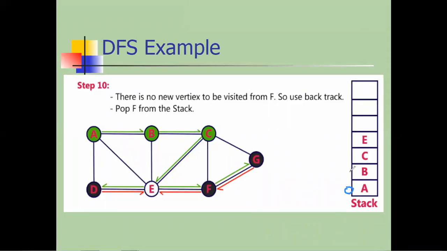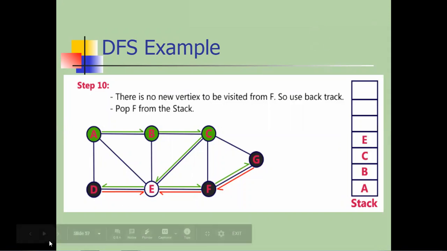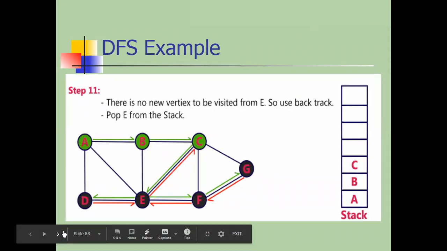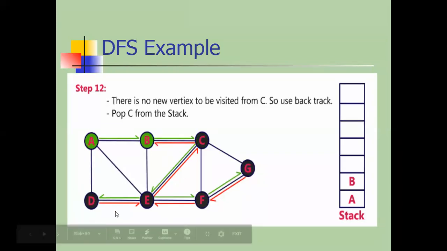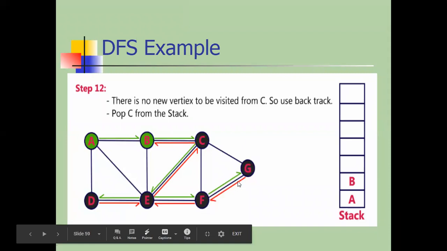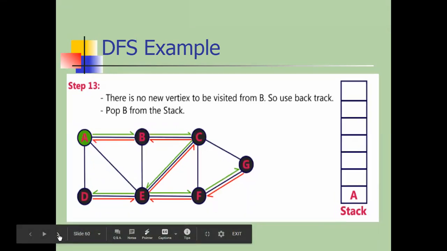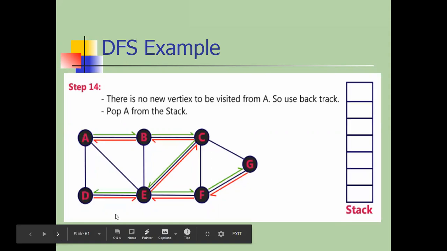The operation of stack. This is 0, this is 1, this is 2, and this is 3. So we are removing the 3 now. I hope everyone is clear. In the previous step we removed F. Now we are removing E. Likewise. Okay, so this is the concept of stack DFS traversal. Now just check, E also removed, fine. So again it is in a dark black circle. And the next one, C, is removed. It means we are starting with D, E, F, G, then C. After that B and A. Okay, so I hope everyone is clear. So after removing all the elements, our stack is empty now.